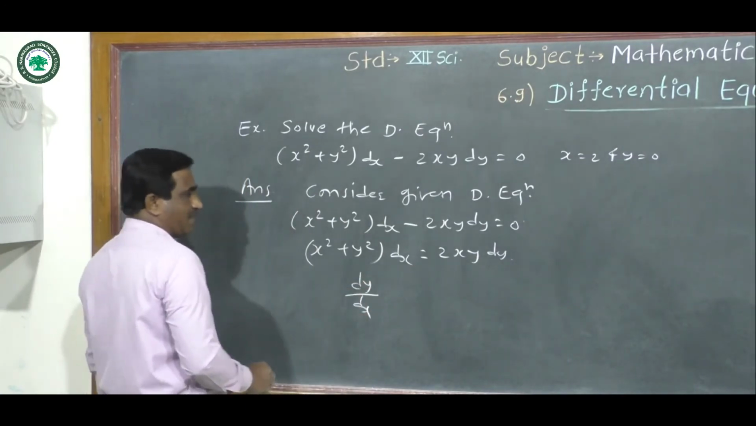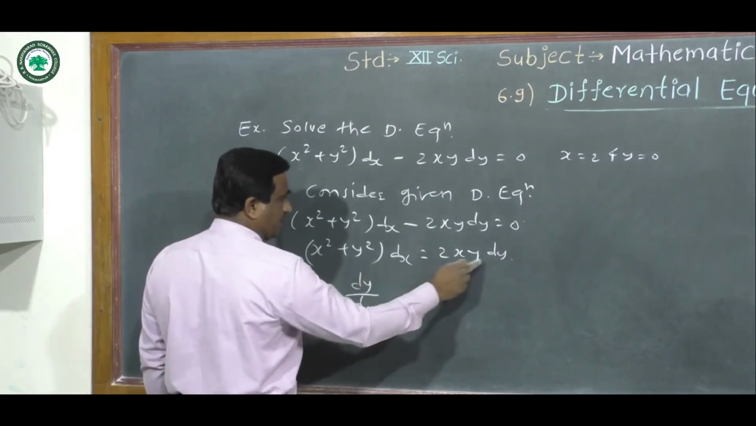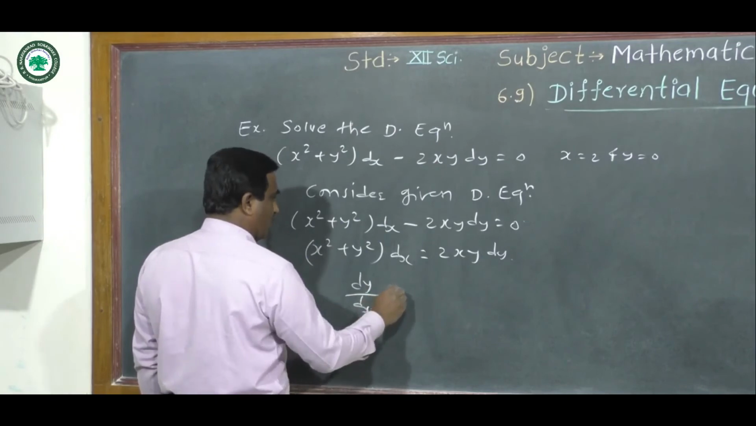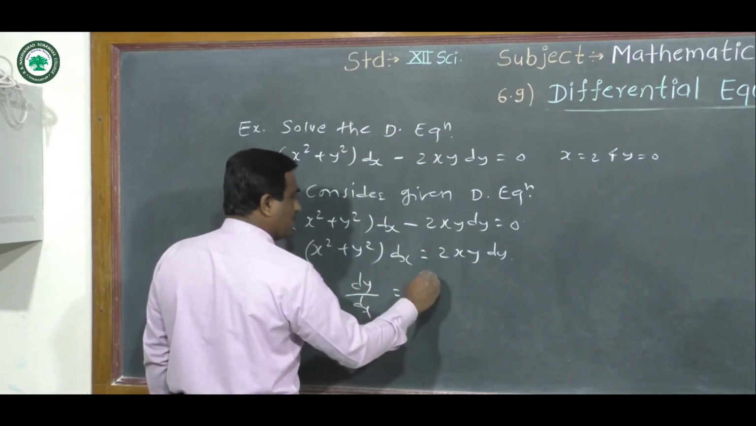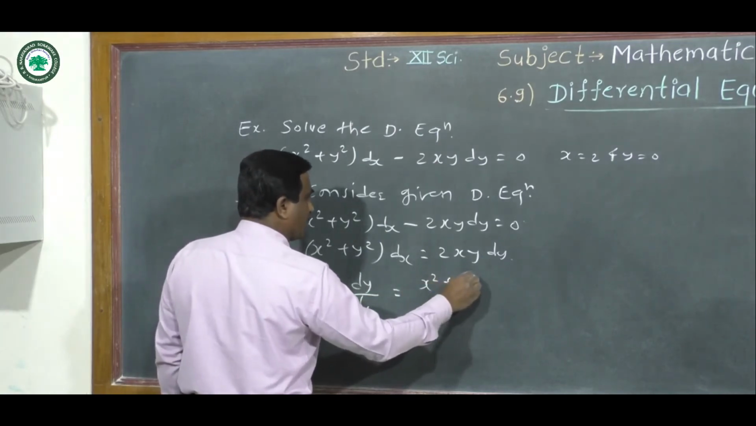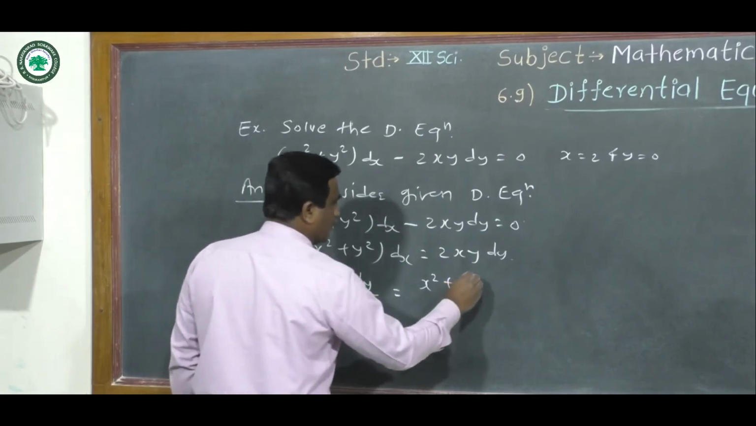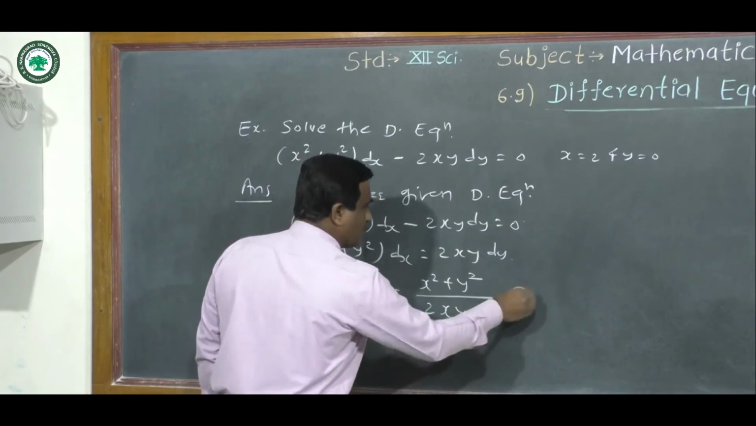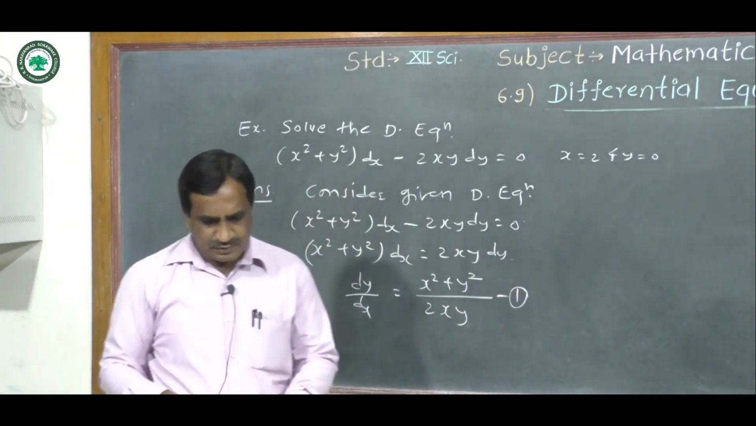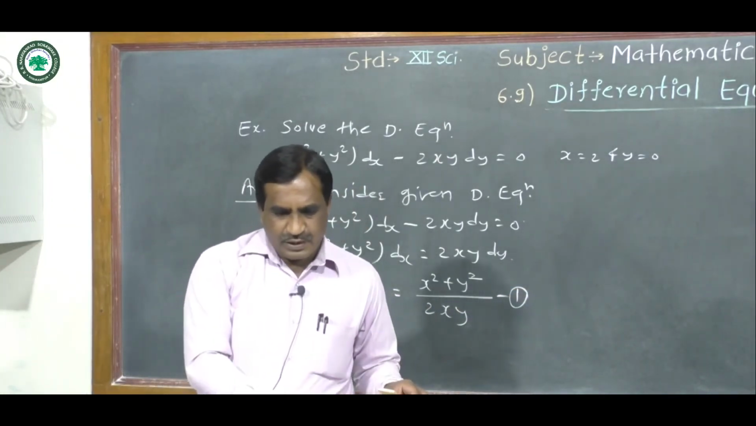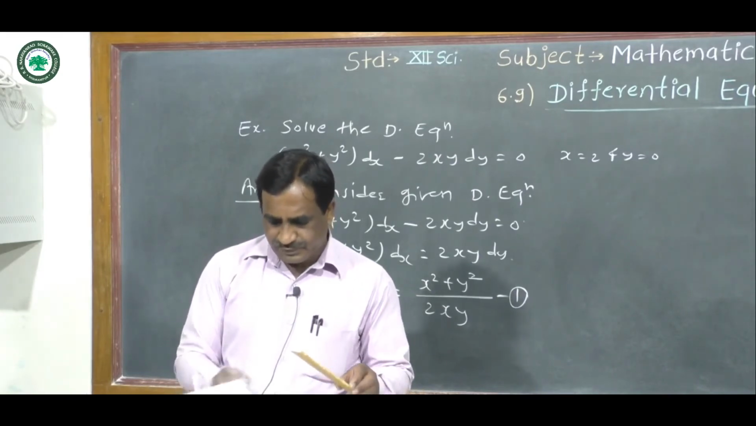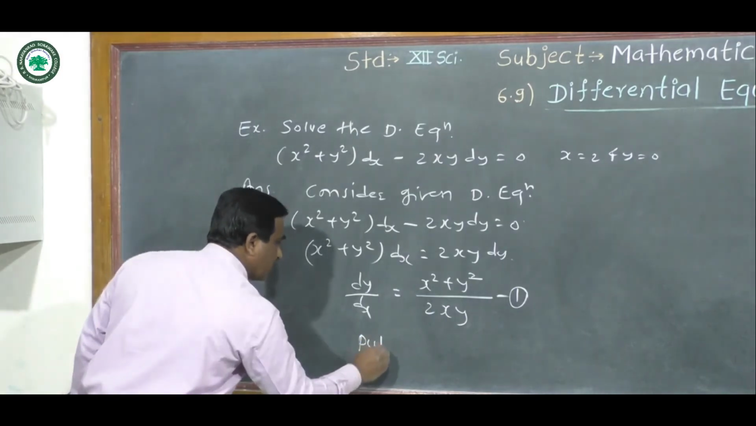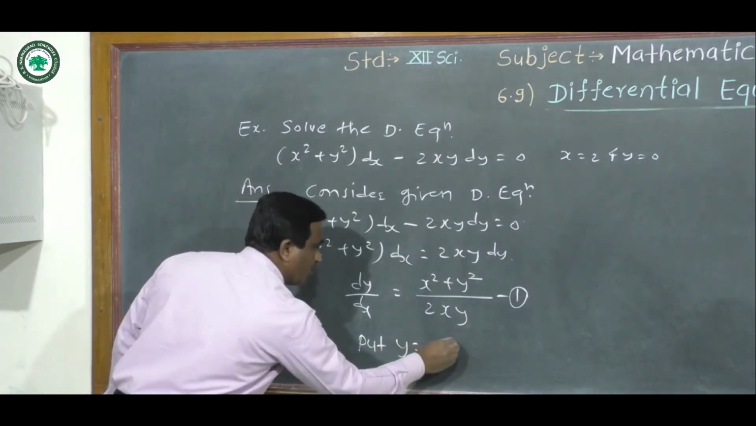dy by dx, keep this term as it is, dy upon dx equal to x square plus y square upon 2xy. Say this as equation number first. Now we put here value of y is equal to vx. Put y equal to vx,